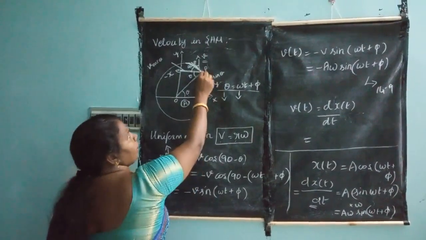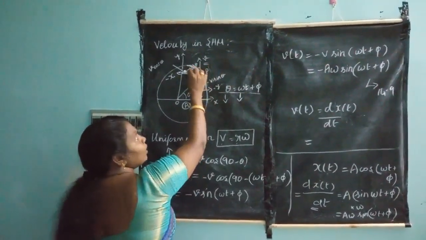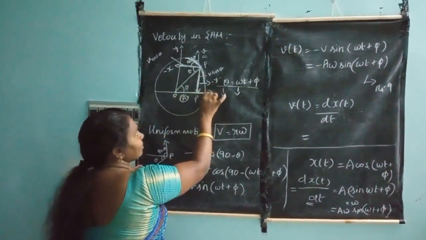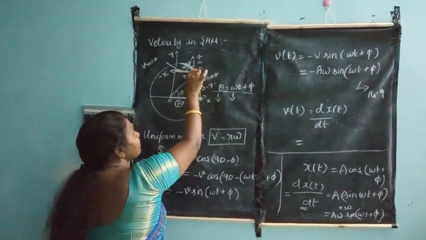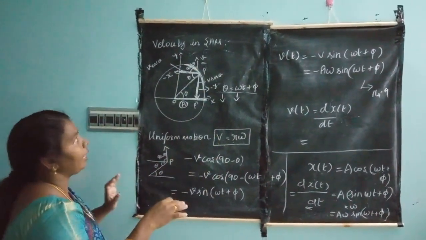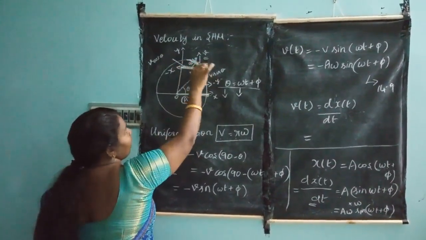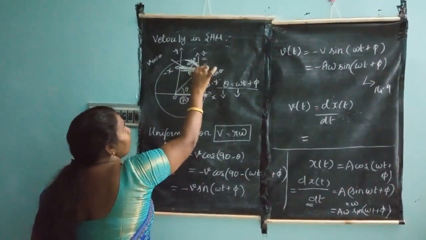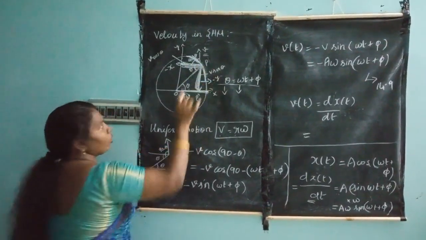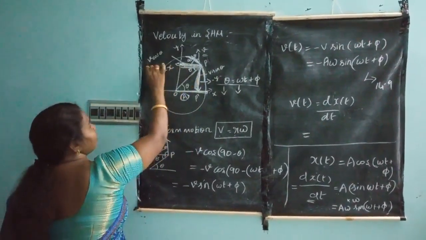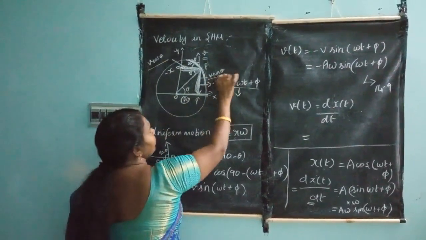You can ask me what question arises: ma'am, is this point perpendicular to the axis? No, not like this. This is the x-axis, so this axis is the parallel one. So I take that as the parallel component, and here the perpendicular component. Parallel component means the velocity v cos theta and perpendicular means v sin theta.